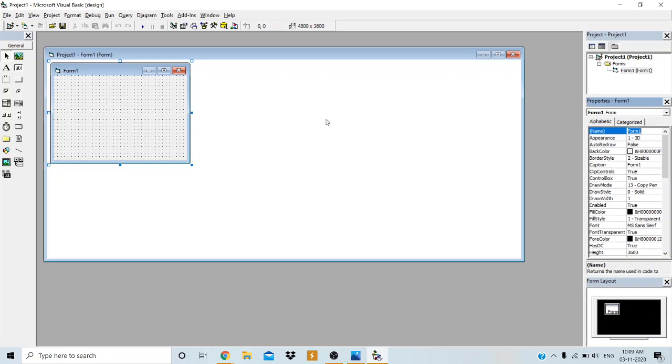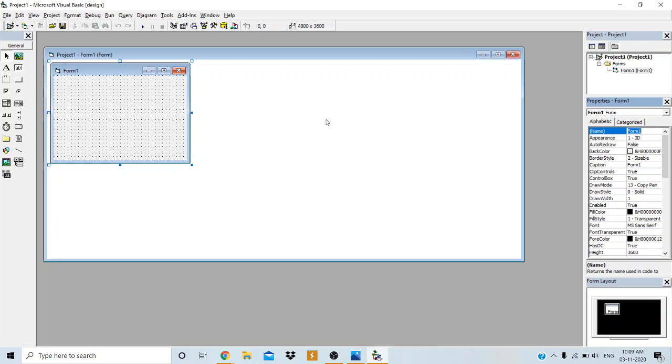So how many normal forms and how many MDI forms should there be? Three normal forms and one MDI form, exactly.